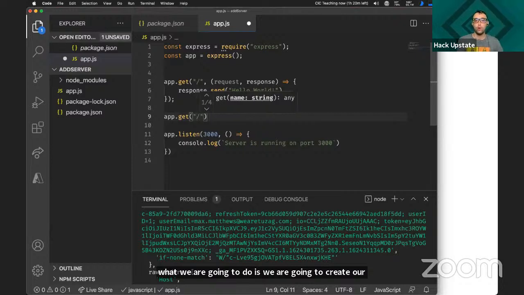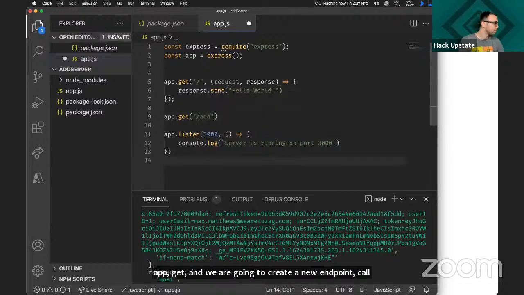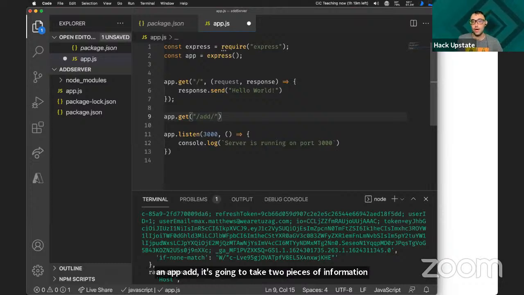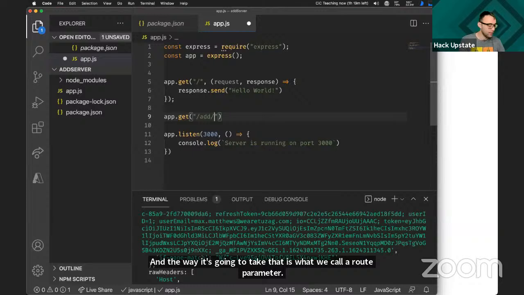a new endpoint called add. And add is going to take two pieces of information, and the way it's going to take that is what we call a route parameter. A route parameter is something that we're sending in the route, in the endpoint itself, right? In the address of the endpoint.